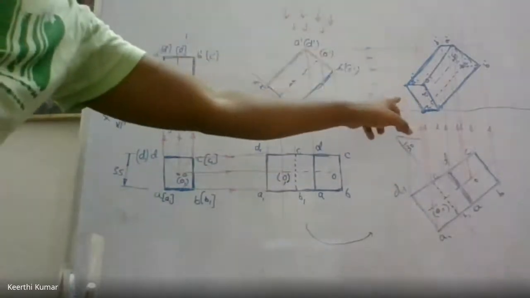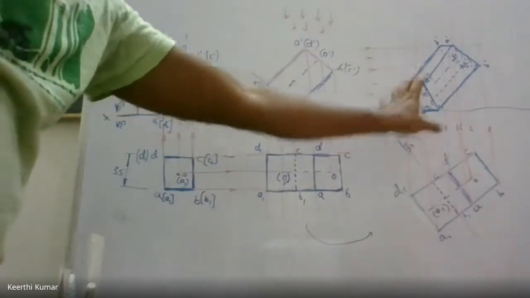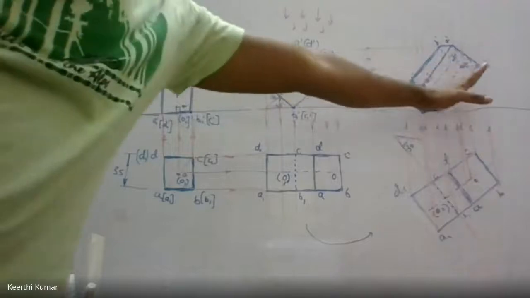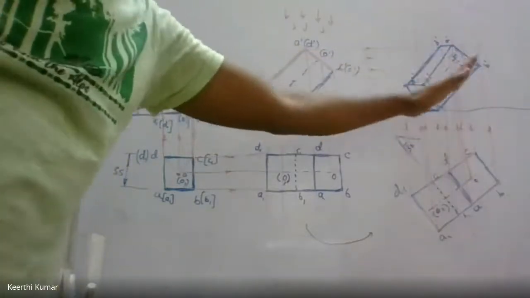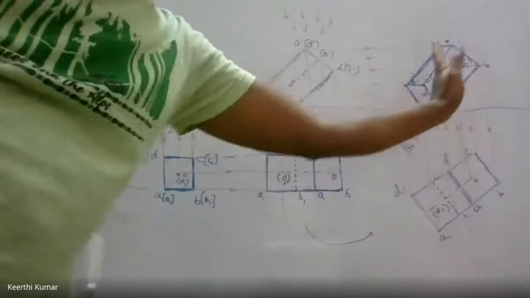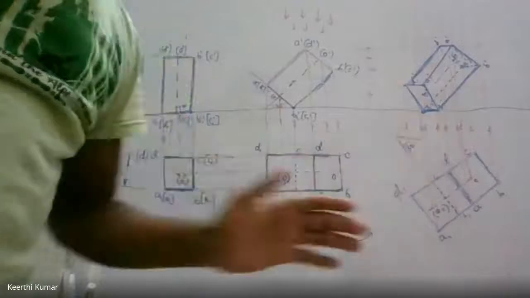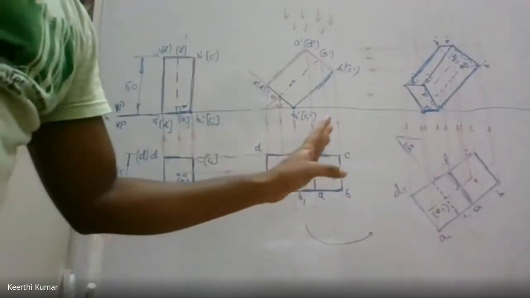Finally, you can check by yourself whether the figure is correct or not. How to check? It should look like a hollow box. All the vertical lines I have drawn here, A1, B2, B1, C2, C1, O2, O1, should be parallel to each other. And this should be parallel, and this should be parallel. Some lines should be in the form of parallelness. Then only your figures are correct.